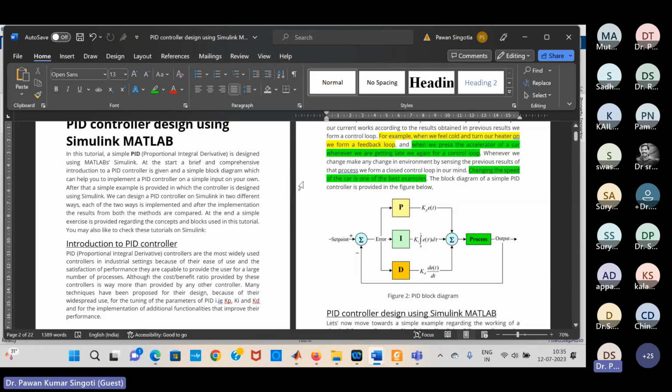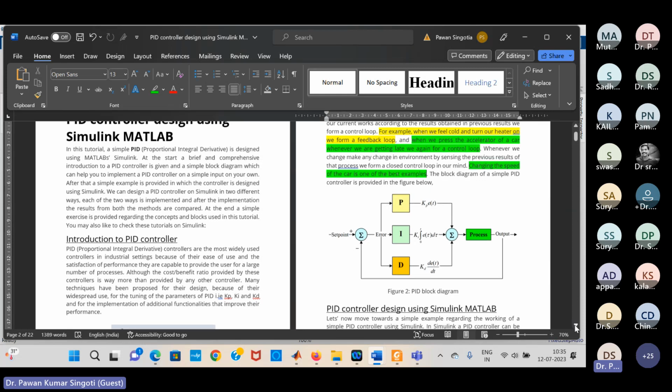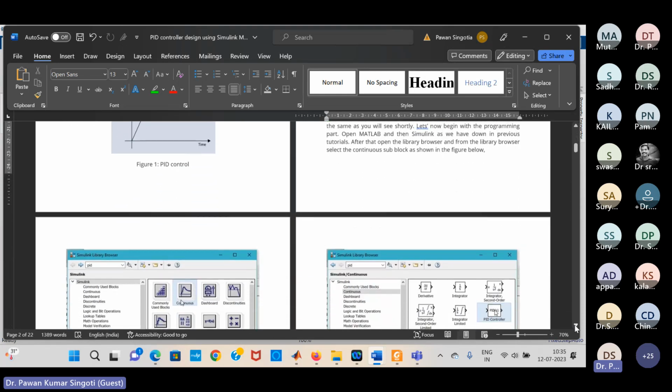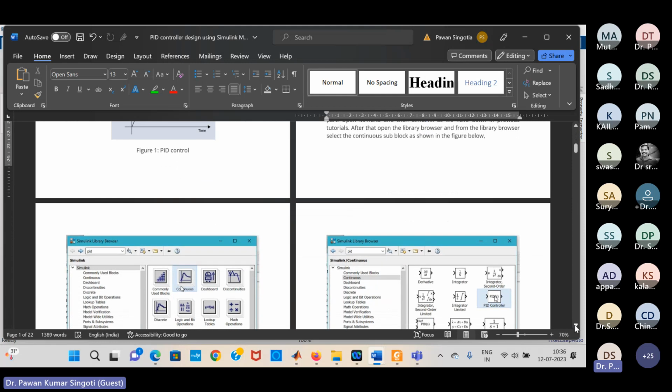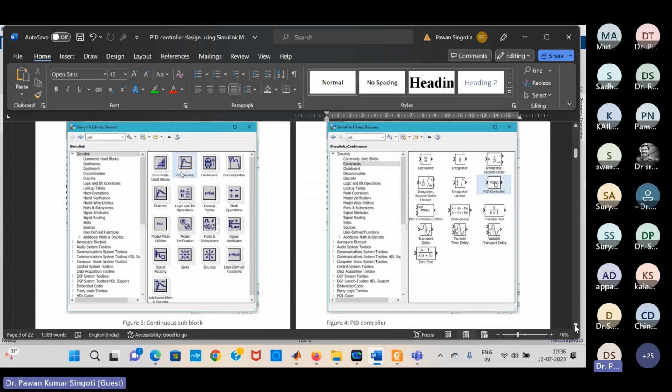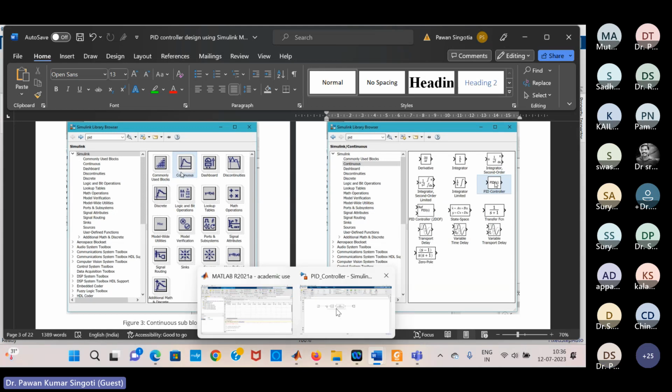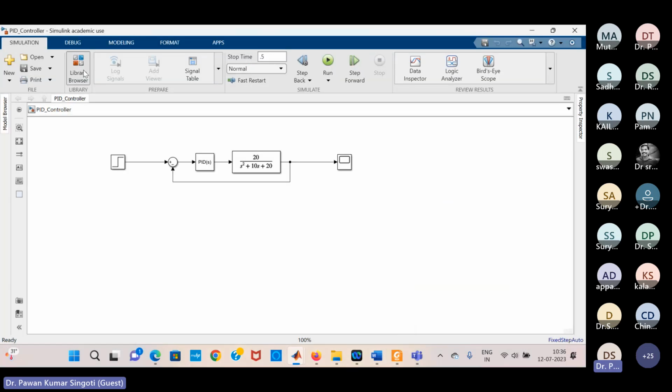This is proportional integral derivative. Okay, this is the PID control. So how can we use this with the help of Simulink? Okay, so you can see the different blocks are available over here. As I showed you, in the library browser,